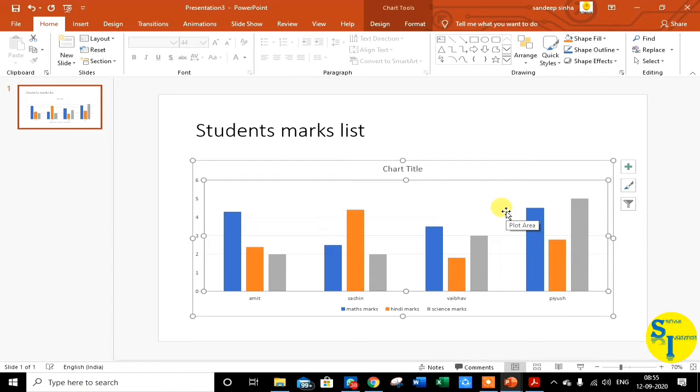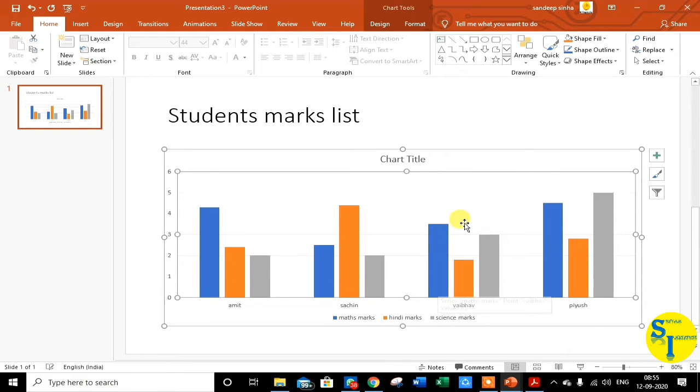You can see students, here the plot area is visible and here the chart area is visible. It is the data series. It is the legend. Legends are the colors that represent different data series. This is the chart title. You can give the chart title.